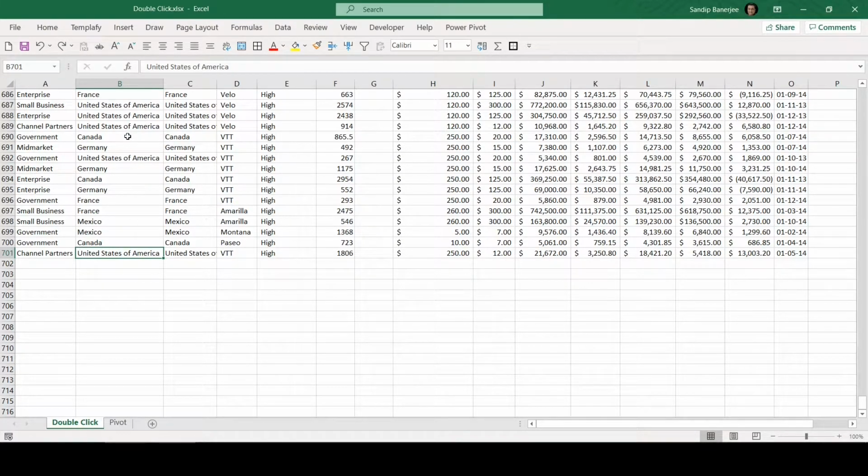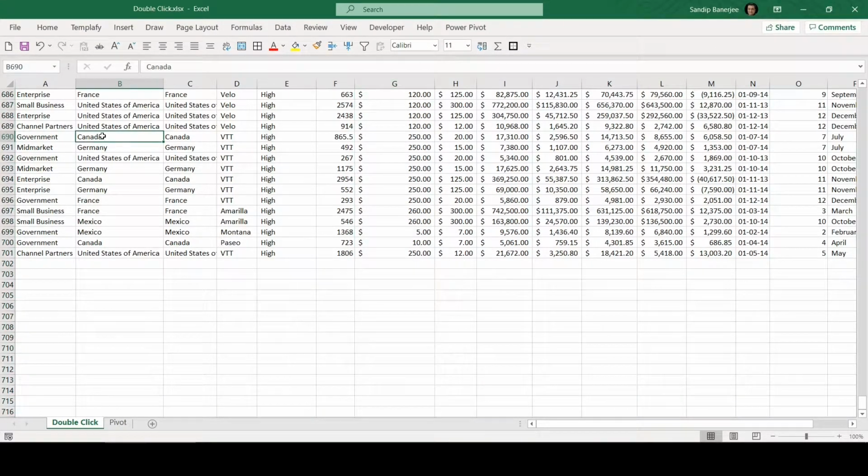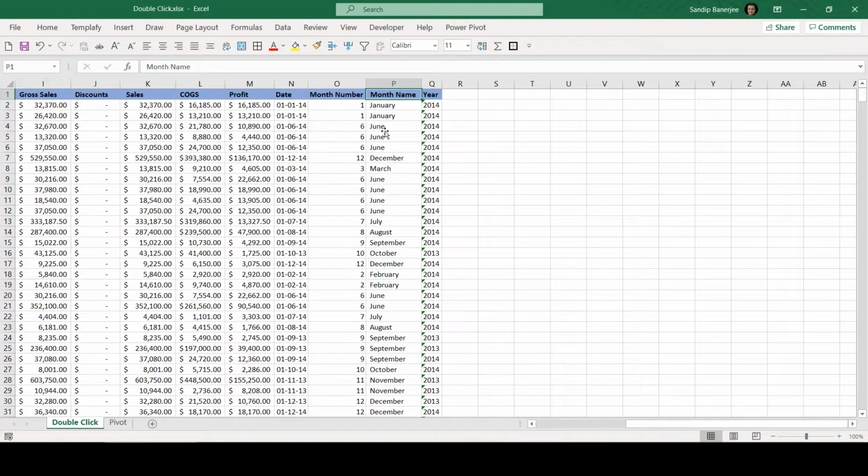Similarly, if I select any of the cells and if I just double click on the right line, it will again take me to the end. But you can see here it stopped after 3 columns. Why is it that way? Because there is a blank column here. What we can do, we can remove this particular column using Control and minus. And now if I go back to the cell again and I double click on the right line, it will take me to the end of the data. Similarly, you can double click on the upper line and it will take you to the start of the data. So this is the way you can navigate between your data just with this double click feature.